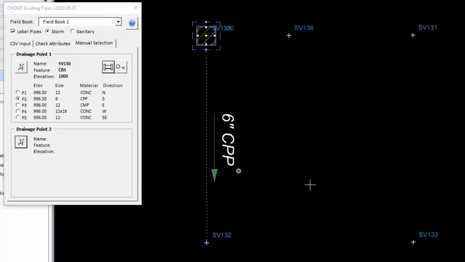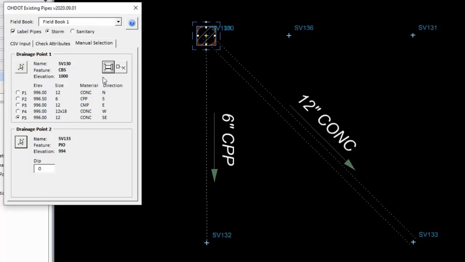So I'm going to go ahead and select a second point. I'll just pick this one, SB133, which I know doesn't have attributes either. And I have a pipe going to the southeast, concrete, so I'll go ahead and connect those together. So let's pick another one. This SB131 does have a P1 attribute, so it's going to show me those values. I've got a pipe going to the east, and that one says it goes back to the west, so those must connect. But I can see here that this was listed as a 12-inch CMP, but on that one it was listed as a 12-inch concrete, so there's a difference.